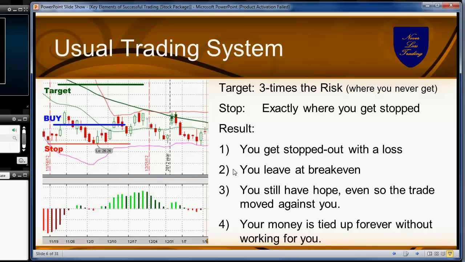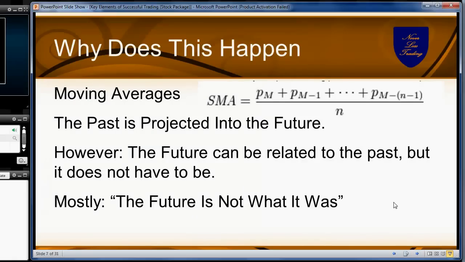And this is what we try to prevent with NeverLossTrading, because we don't want to optimize the past, and this is what all these moving averages which are used in Bollinger Band and others are doing. They take into consideration past happenings with the actual happening, and out of that they project into the future. But as it says here, mostly the future is not what it was,